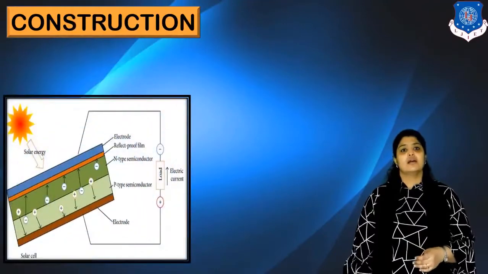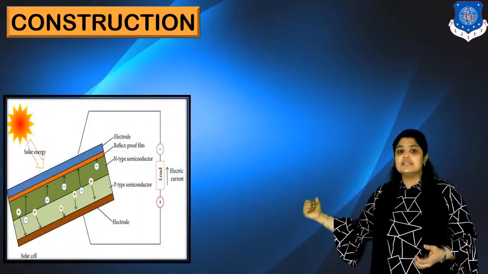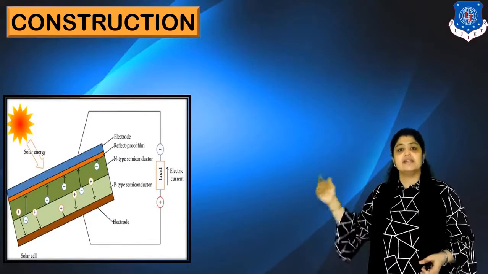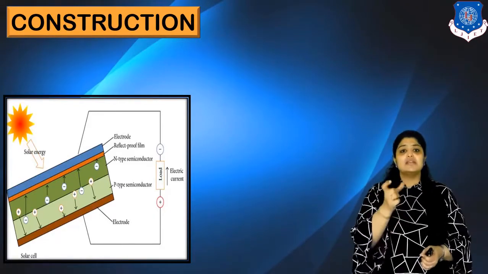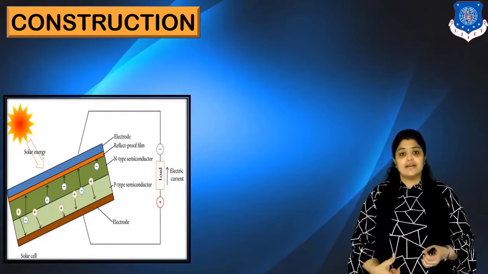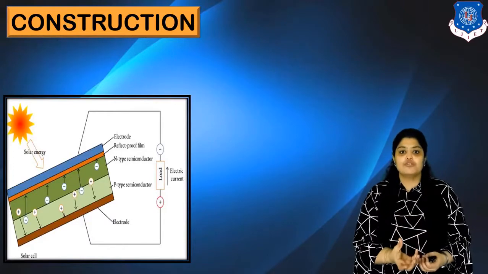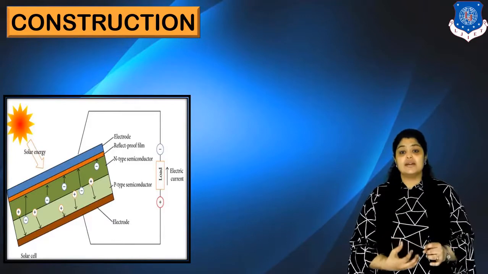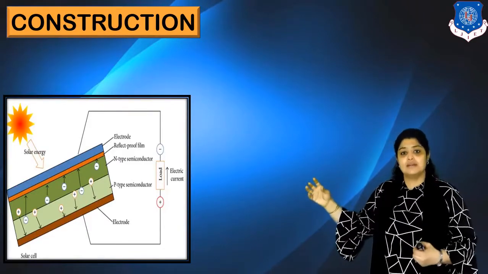Let's see how a solar cell is constructed. In this diagram, you can see that the dark green colored portion indicates the n-type material, the light green color indicates the p-type material. In between them, there is a depletion layer formed. What exactly is there in the depletion layer? It has immobile atoms, which are not able to move, right? We are not supplying any external electric current. In this case, we are just placing the solar cell in sunlight.